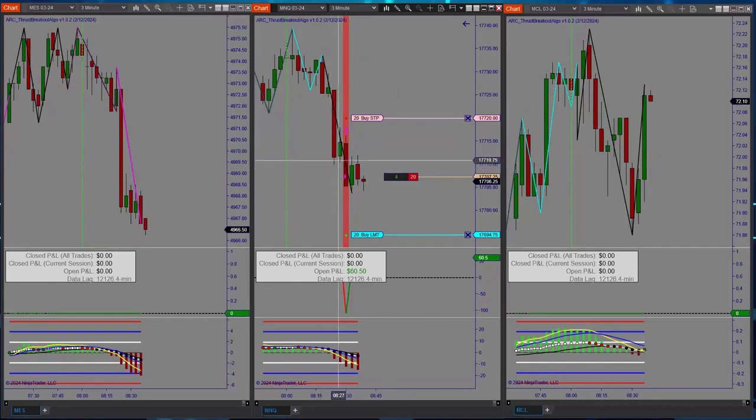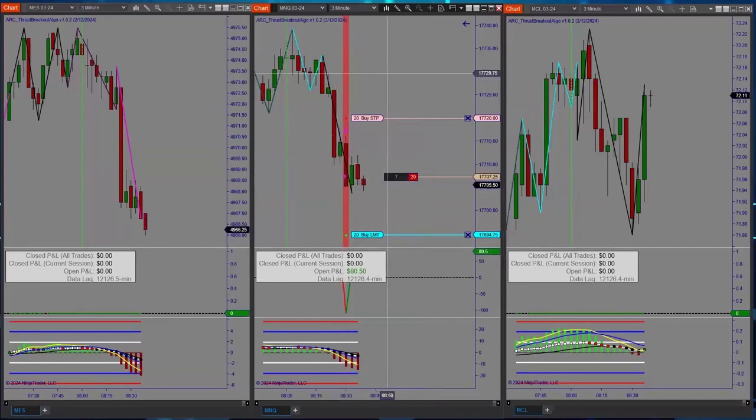That's a basing bar. As soon as we get the breakout, depending on how many ticks we're telling the system to, get on the other side of that as a breakout. Obviously, we may not want to trade one tick below. You might want to give it some room to make sure they're not sweeping liquidity and that sort of thing. And it'll enter the trade automatically. You can see it's got our stops put in here for us, our targets put in, everything's good to go.